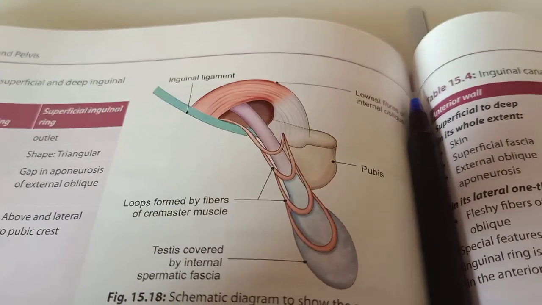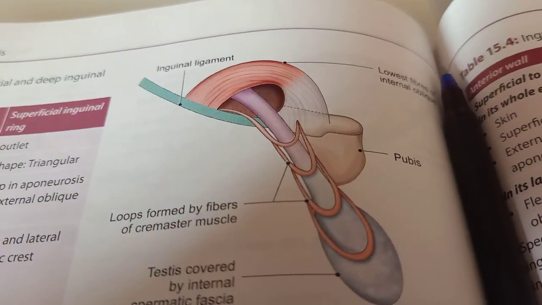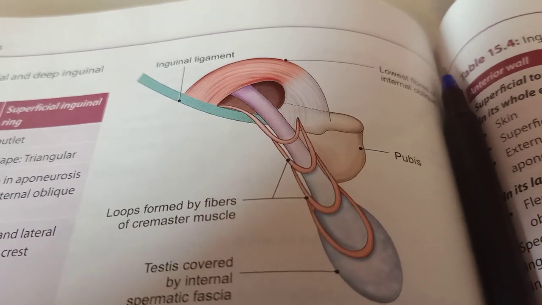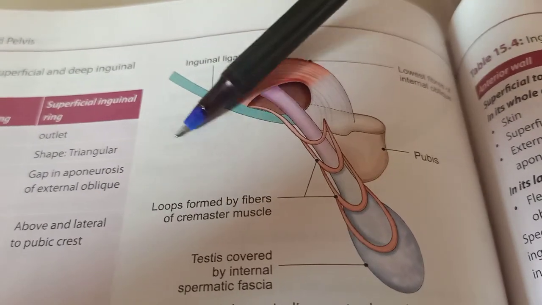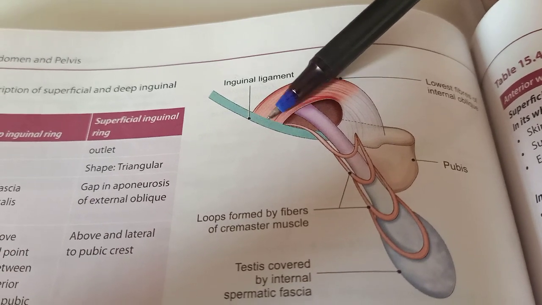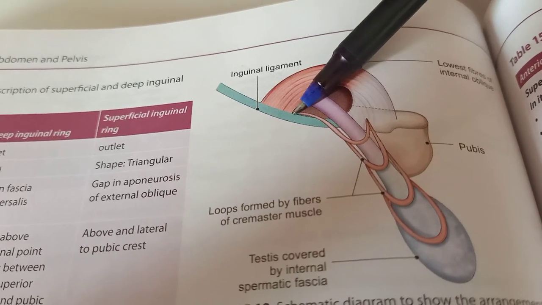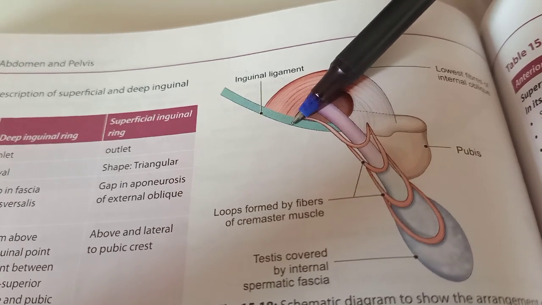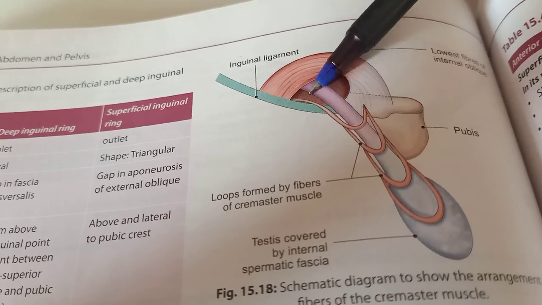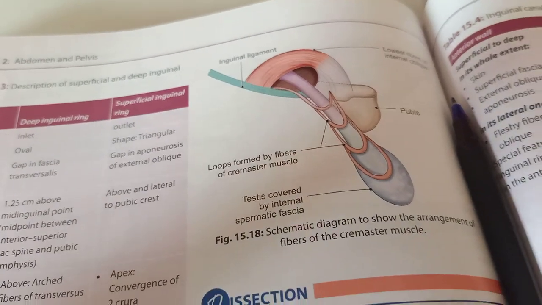Now yesterday, if you remember, the inguinal ligament topic, the video I have shared, the lateral two-third and the lateral one-third consist of internal oblique and transversus abdominis muscle. And the middle part, in the upper surface of the inguinal ligament, there was the origin of the cremaster muscle, if you remember. The medial half of the inguinal ligament forms the floor of the inguinal canal.